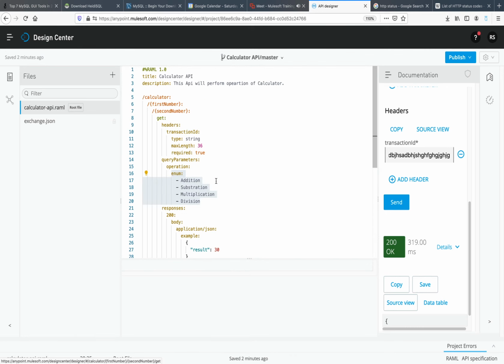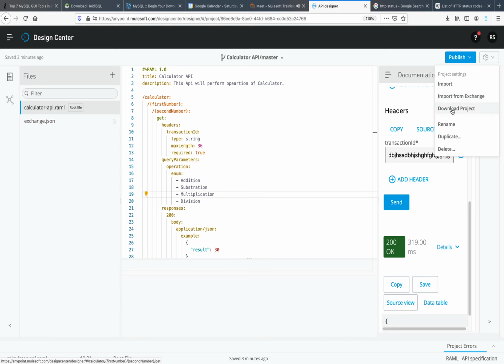Okay, now we will see a few more things, like how to download this RAML file and how to rename this RAML file name. In settings, you can see here we have multiple options. Import, if I want to import anything inside this file, that must be a jar file, so we can import here. Or we can import something from Exchange also.